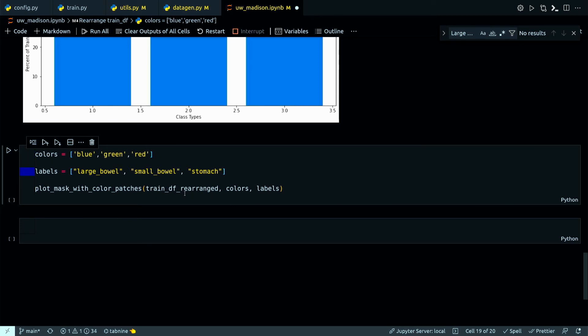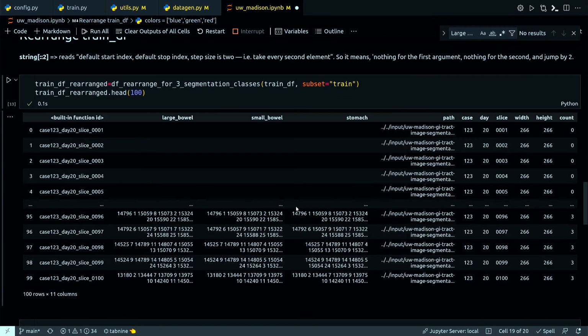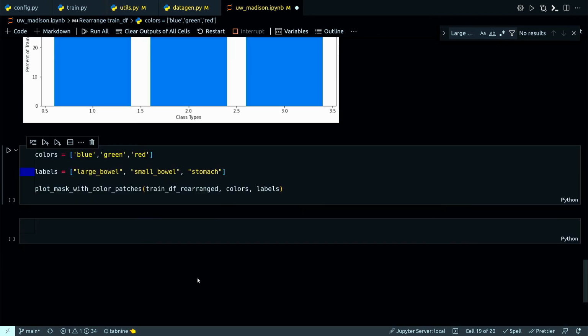And if we have forgotten what this train df rearranged is, this is this data frame. So I have the ID, large bowel, small bowel and stomach and the other values. And the most important thing in this case while plotting is these RLE encoded segmentation pixel values. So let's just run this